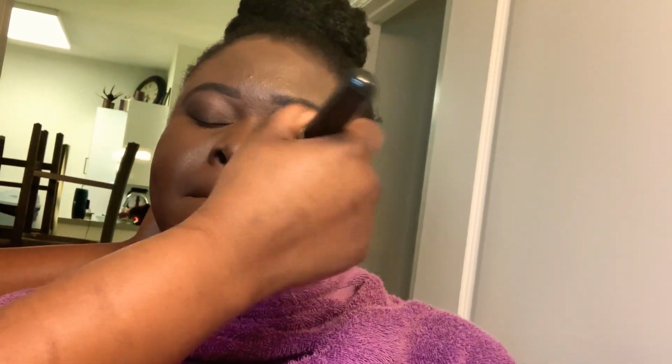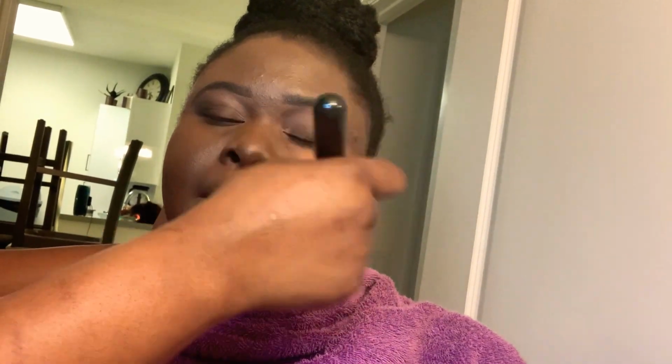So it looks like a smoke. It's kind of like a smoky eye look. Okay, we're just going to finish matting that out. And that gives me the flexibility to get any extra